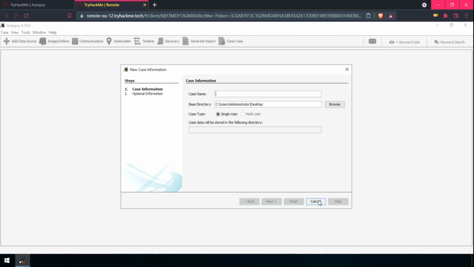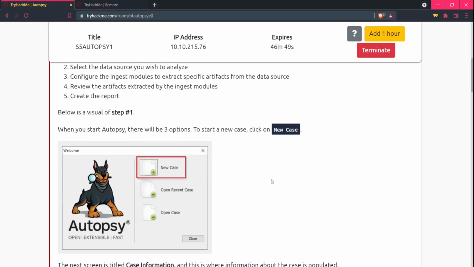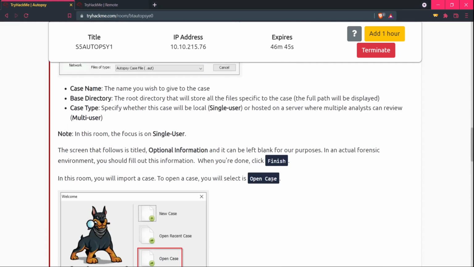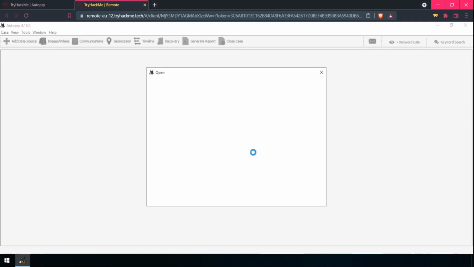So I will press cancel, since we don't need to make a new case, and we have already been given the case. Here we see that there are some screenshots given to us, and in order to do all the analysis work, we need to open up the case which we are given.